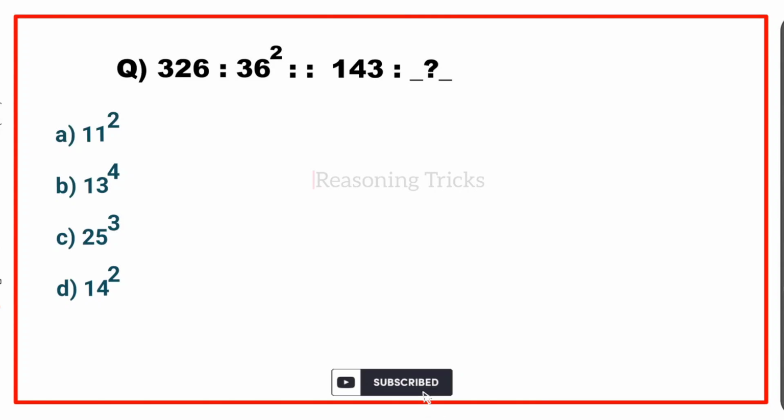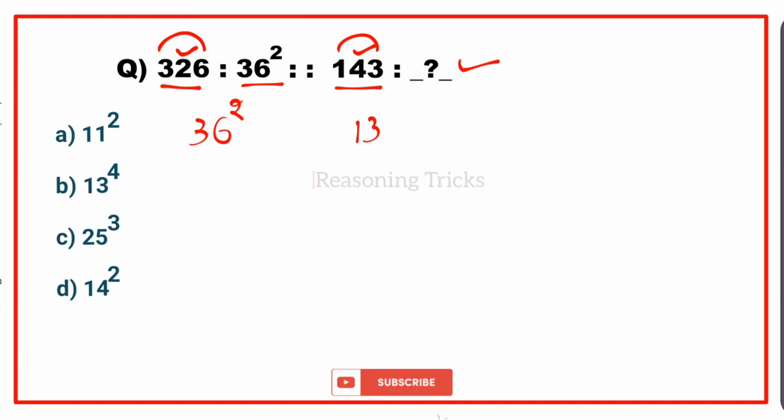नंबर एनालॉजी का पहला क्वेश्चन। 326 is to 36, then 143 is to what? If we see in 326, the square of the last digit is 2, इसी तरह 143 में 1 3 13 का 4, तो ऑप्शन है ऑप्शन बी।